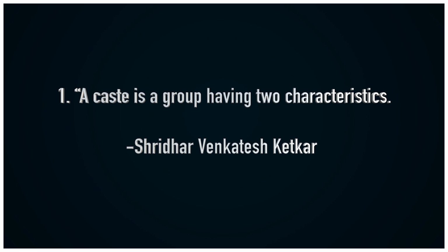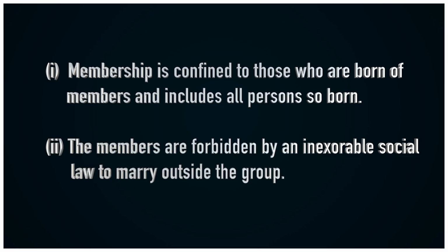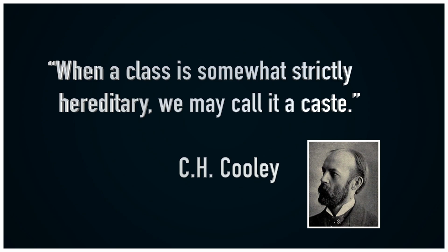Number 1, according to one scholar, a caste is a group having two characteristics. Number 1, membership is confined to those who are born of members and includes all persons so born. Number 2, the members are forbidden by an inexorable social law to marry outside the group. Then D.N. Majumdar and T.N. Madan have said that caste is a closed group. According to another scholar,